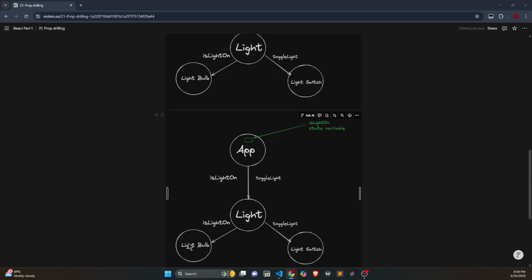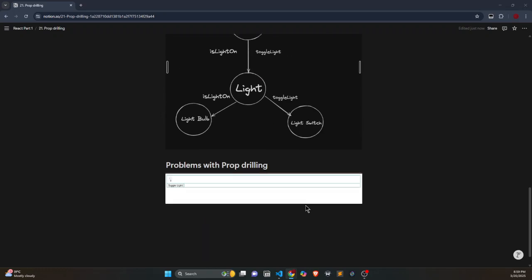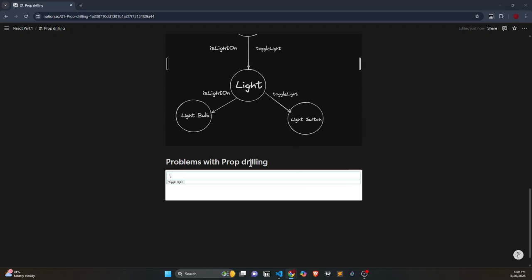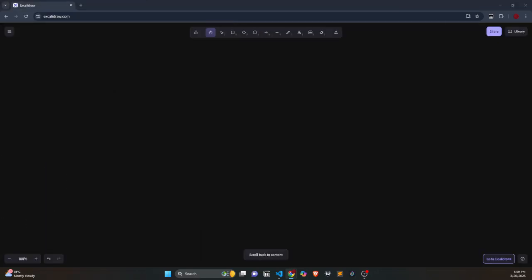Yeah. So by the context, we can inherit the property of the bulb on state, or we can also inherit the property directly from the app component through the context API. We can also inherit the set bulb on variable as well. So that's the thing. Yeah, I will be moving this here. So